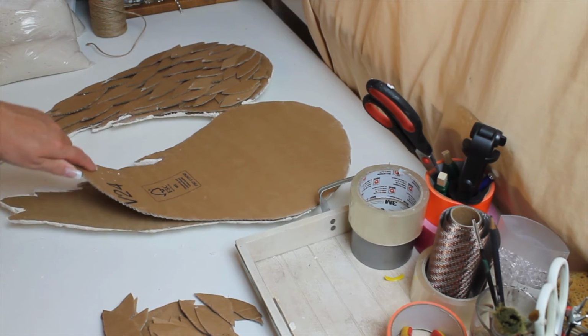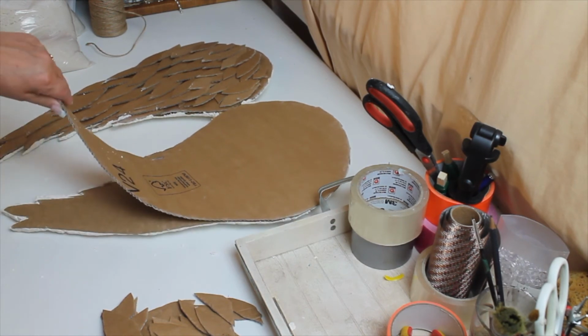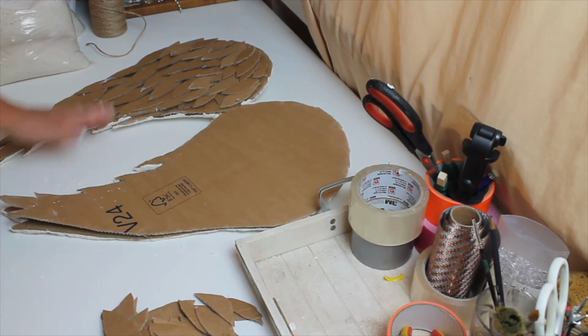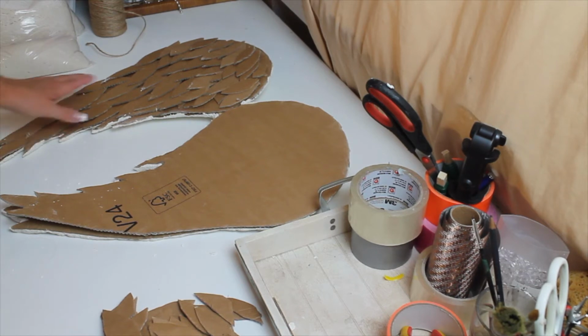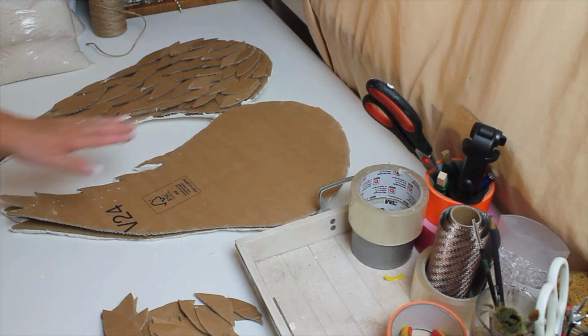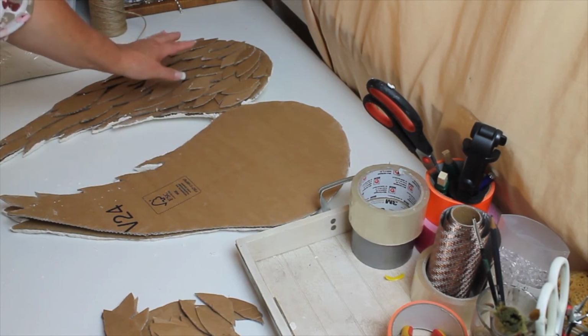So I'm going to take some, as you can see here, it's lifting up. Take some hot glue, glue this all back down, check all the sides, and make sure I put glue on it where it's lifted in some areas. And then we'll go to the next step, which is putting these